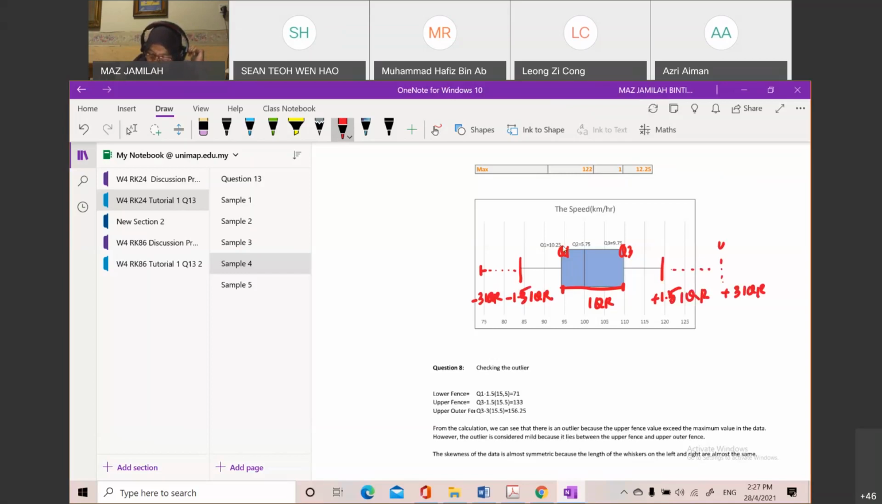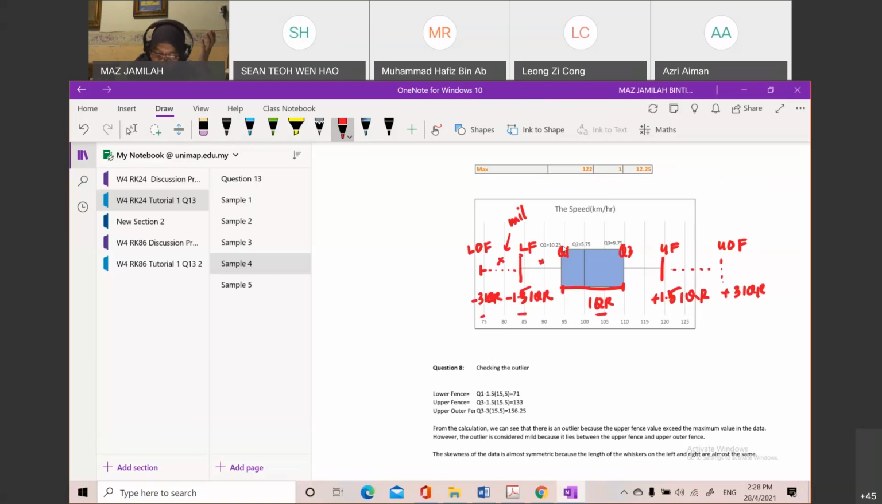This is your upper outer fence. This is your upper fence. This is your lower fence. This is the lower outer fence. So how do you check your outlier? Look at your data. Find where your data lies between this particular region. If the minimum value is here or here, it is still no outlier. If based on the calculation of your IQR 1.5 or 3 IQR, it is here,